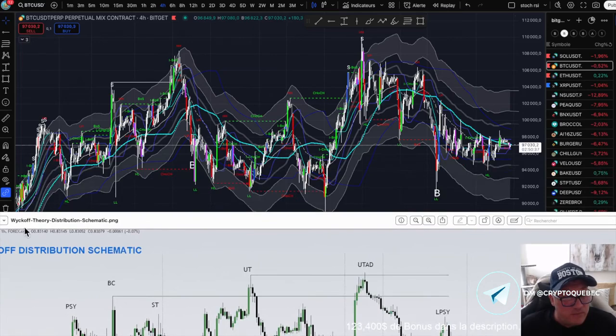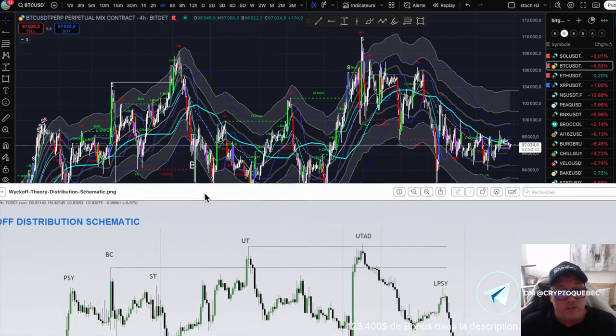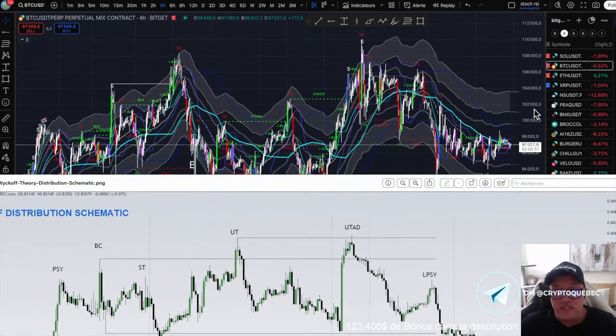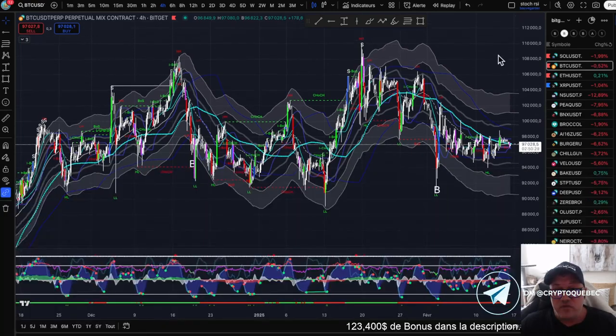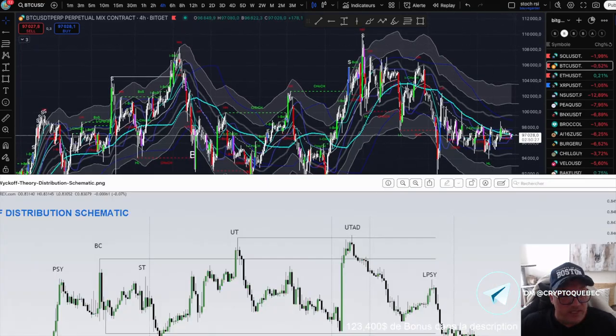I'm going to zoom in here just to explain what's happening. And then look here. Here it is. After you bring it down, after you come back, after you push it up, after you come back, you make a peak. And after that, it makes a long peak. My indicator with which it is done. Exactly what I did. And now we've made this peak. And now we're leaving. So that's what's happening with Bitcoin.